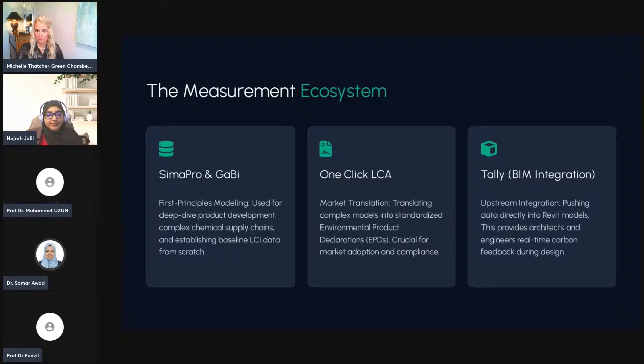The measurement tools for the ecosystem. I rely on several key tools like SimaPro and GaBi, which help us look deeply into complex chemistry. One-click life cycle assessment helps translate this into market-ready reports, and Tally lets architects see the carbon impact directly inside their 3D building. So when we use GaBi, life cycle assessment, and Tally to make a 3D model and measure the impact of using this material and how it reduces